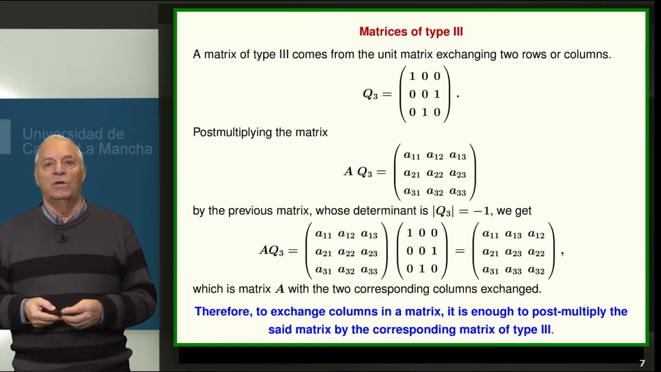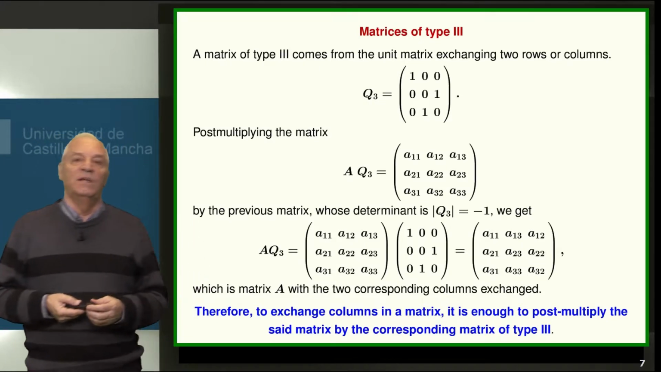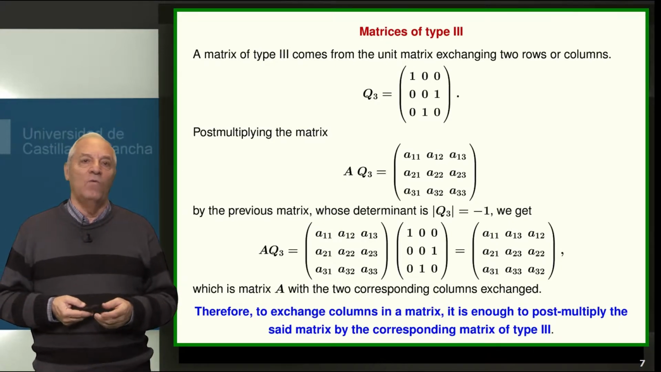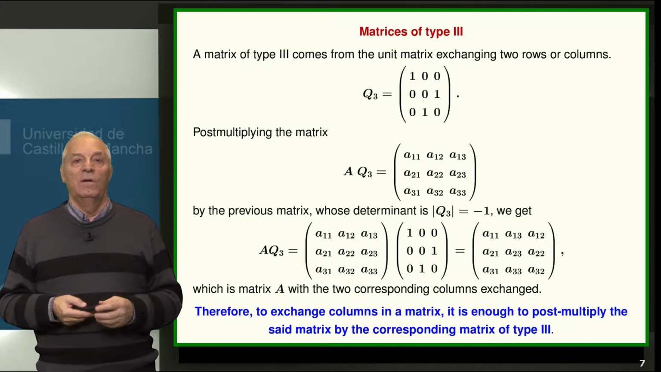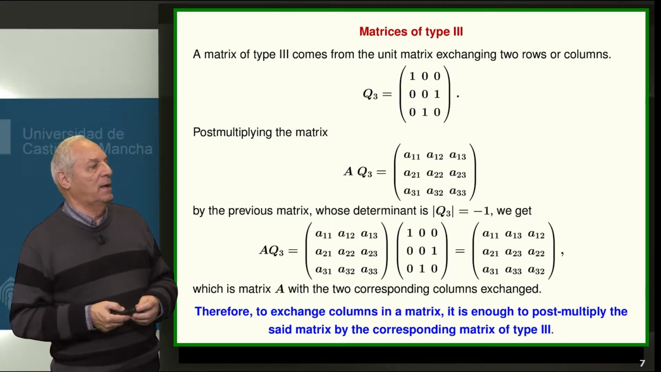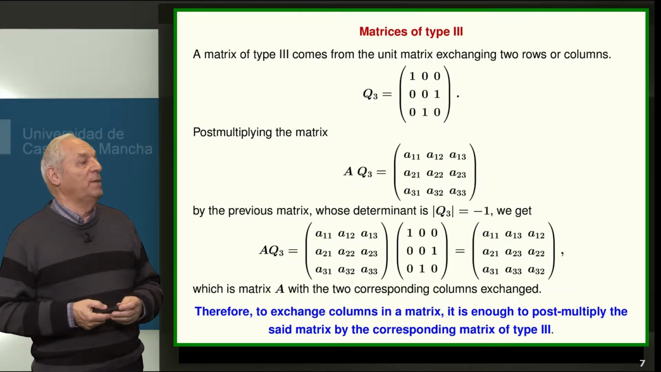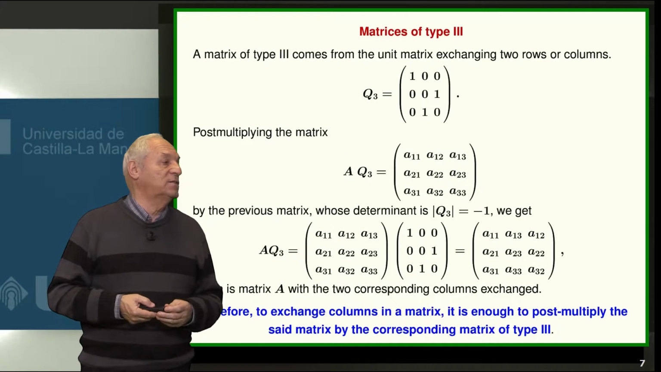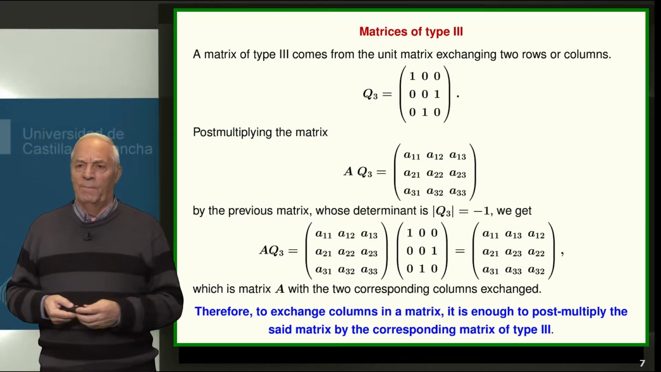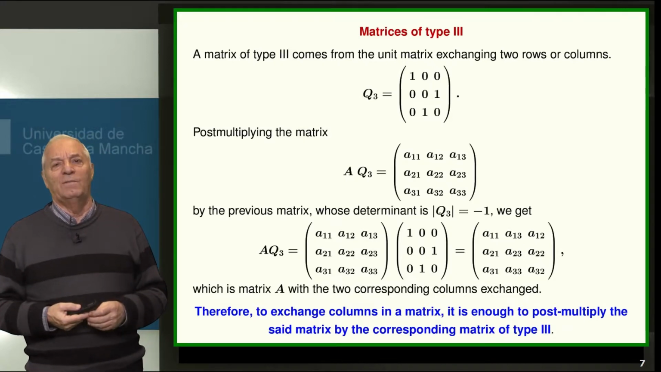Finally, we have type 3 matrices. In the type 3 matrix, what we do is exchange, in the unit matrix, a row by another, or a column by another. It is the same, due to the symmetry of the identity matrix, in the case of the matrix Q3 that you have in the example. What we have exchanged has been either columns 2 and 3, or rows 2 and 3, it does not make a difference. So, the question we ask ourselves is,